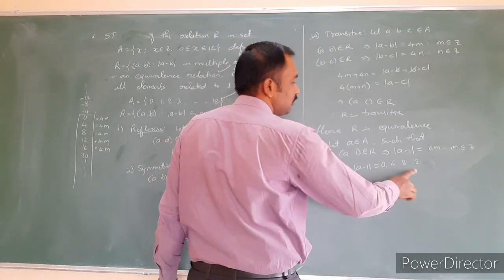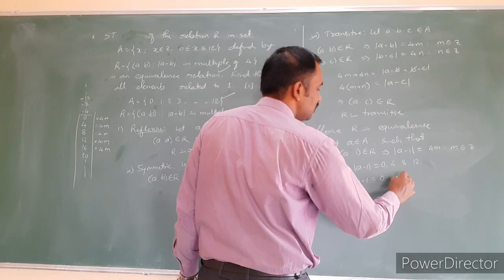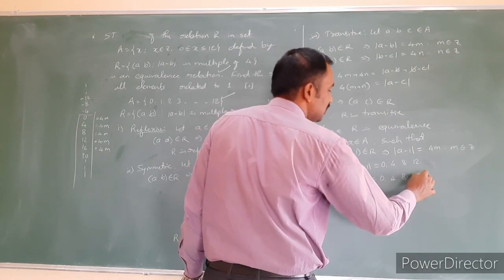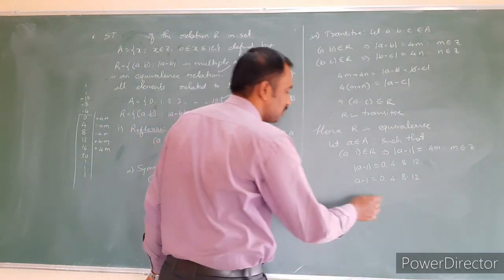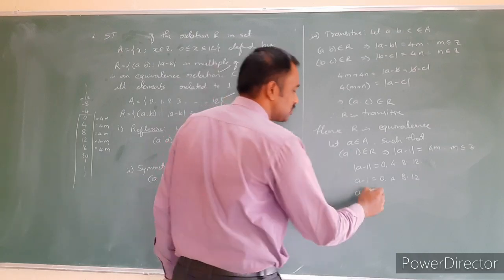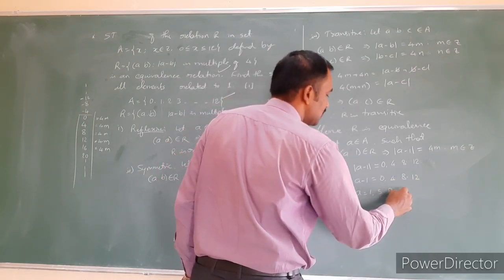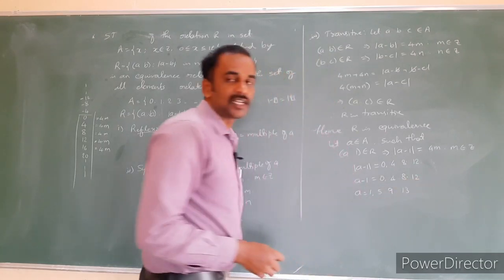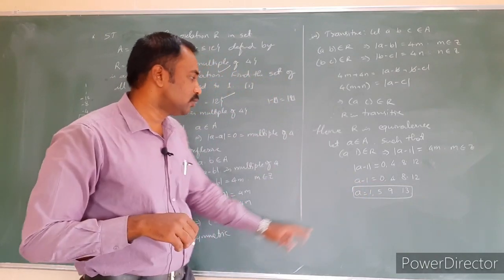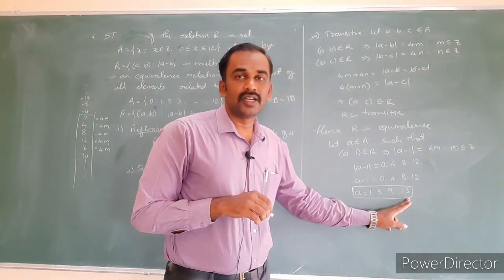Okay. Anyhow, 0, 4, 8 and 12. So this is a minus 4, either a 0 or a 4. A minus 1 is either a 0 or a 4 or an 8 or a 12. We have to get it from this. What is the a value? A value, just add 1 to all the numbers: 0 plus 1, 4 plus 1, 8 plus 1 is 9, 12 plus 1 is 13. So the possible required elements which are related to 1, what are the values? Either 1 or 5 or 9 or 13.